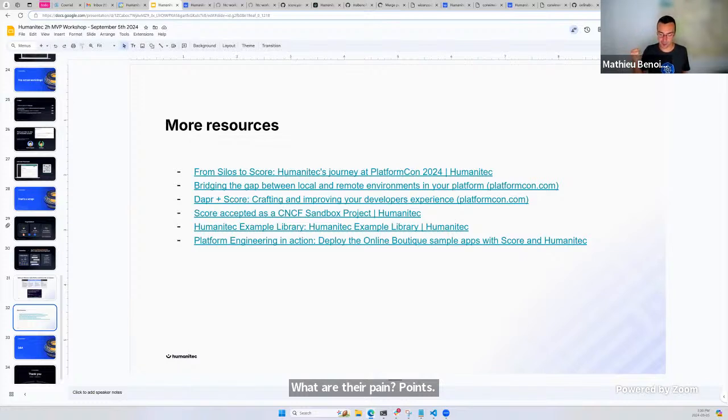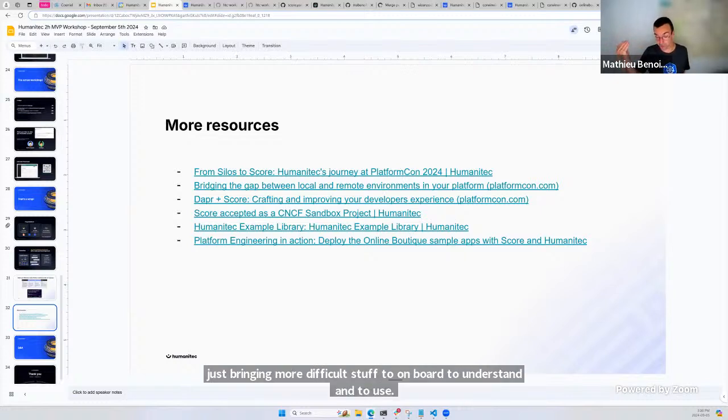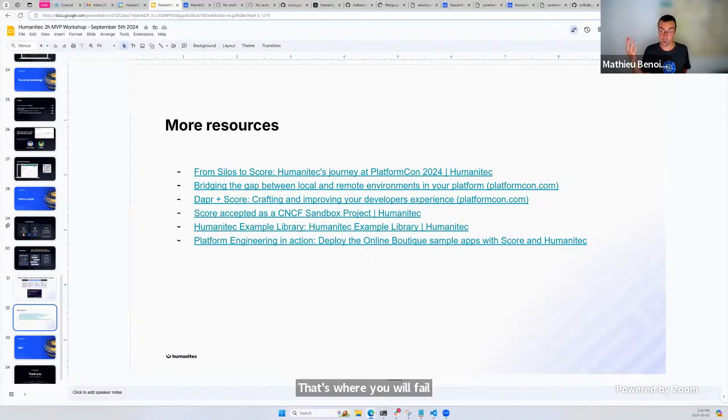So at the end of the day, you are building something on top of existing tools, right? You won't start from scratch for everything. But now, how do you have the contract, the interface, with your developer? Are you removing all the good stuff and just bringing more difficult stuff to onboard, to understand, and to use? That's where you will fail and you won't get them excited. Where you will get them excited is keeping what is good and transforming the pain point into solution mode and simplifying their job. Because at the end of the day, if they ship their product better and faster,